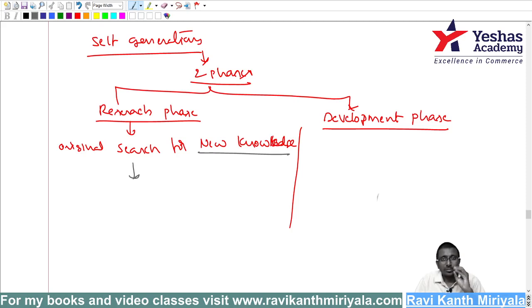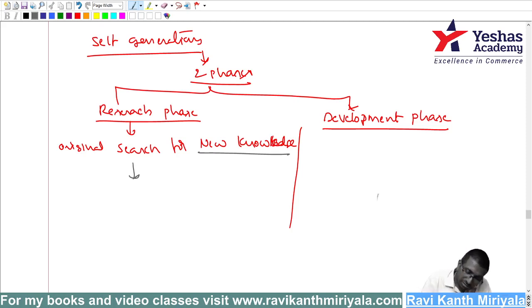First, research is what? Something you are trying to find out, which is not known to the world. When it is not known to the world, how can you say that it is possible? We don't know whether it exists or does not exist. No one knows. There may not be such an item. We are trying for it. You try, no problem. Maybe it will be there, maybe not. Who knows, sir? God only knows. When you don't know, existence is doubtful. Then how can you say probable economic benefits? It may be possible, but it is possible, not probable.